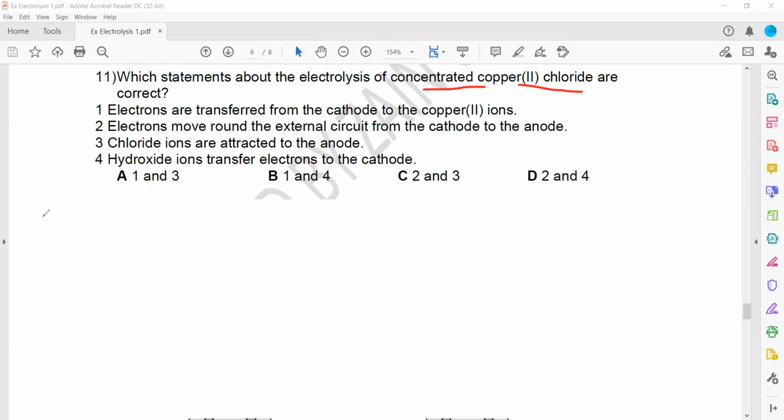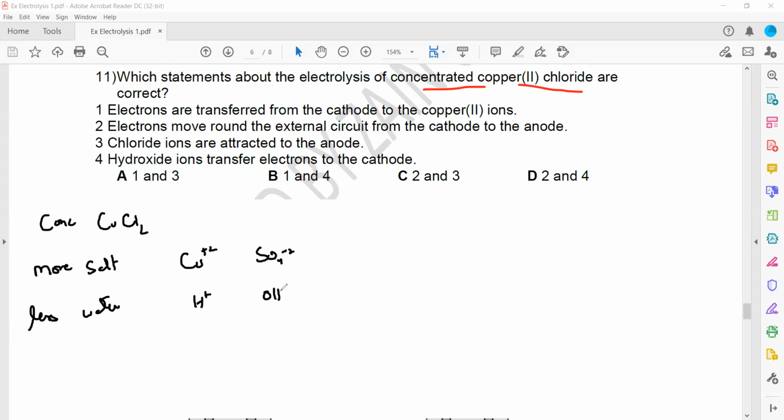So we have concentrated copper chloride. Concentrated means more salt. As the term concentrated means, it will have more salt, we'll have more copper chloride, and less amount of water. So copper ions are there, chloride ions are there, hydrogen ions are there, and hydroxide ions. I will just draw this so that you understand the concept. Directly you can also work out the answer, but